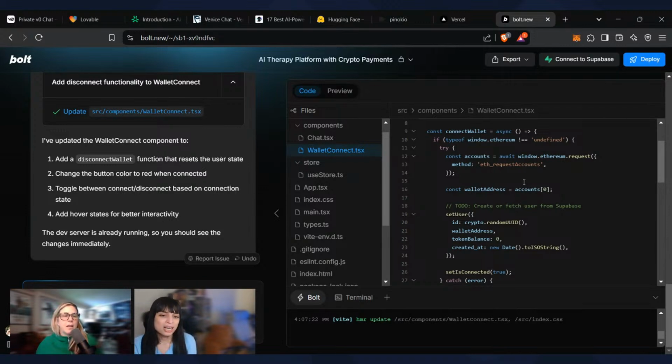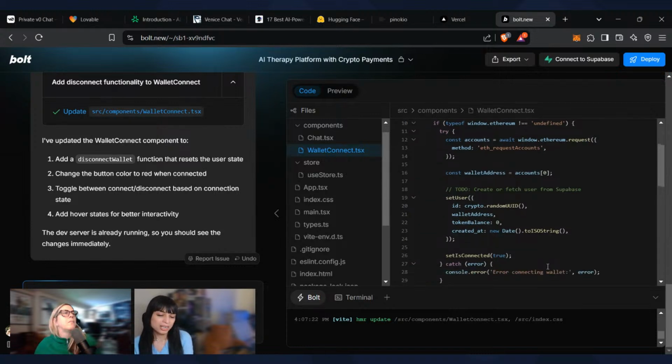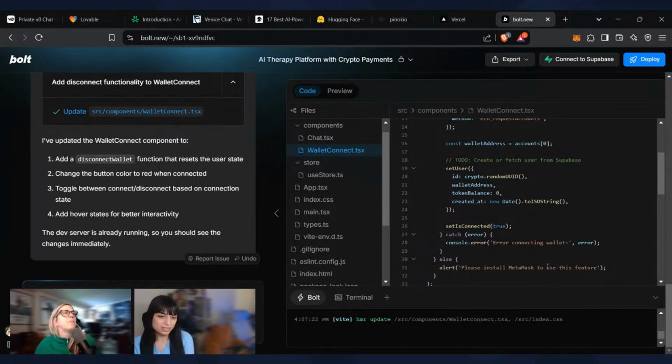So Connect Wallet can stay there, but instead of setIsConnected, it would be a constant toggleWallet, and it would just work with the setIsConnected. Instead of saying true, it would say exclamation mark isConnected.